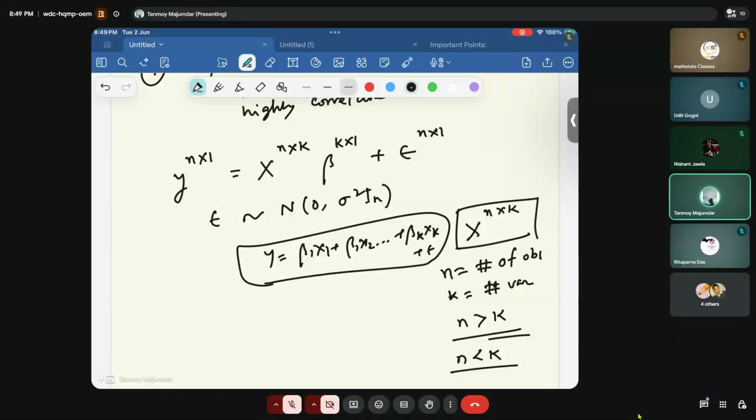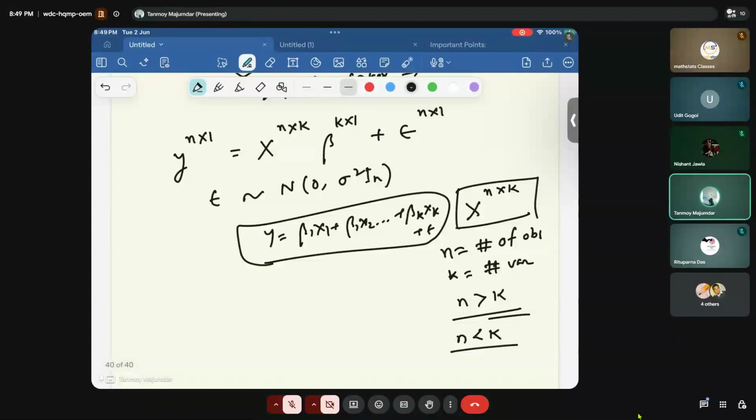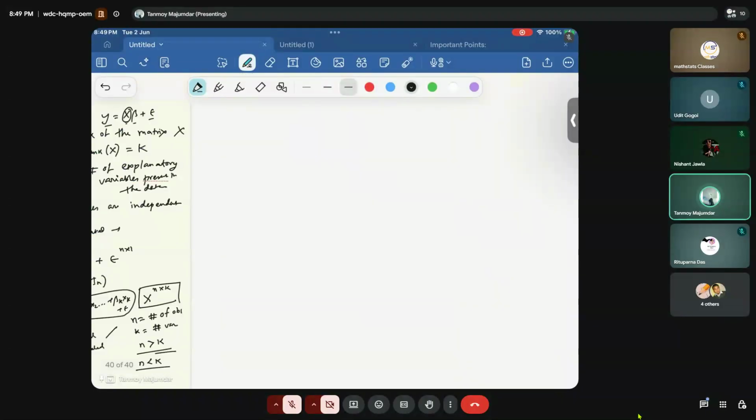First of all, to check whether it contains high multicollinearity, we consider the xi's and yi's, or we transform them into centered values, or you can say scaled. Scaling means we take x minus mu by sigma. So if it is scaled data, then